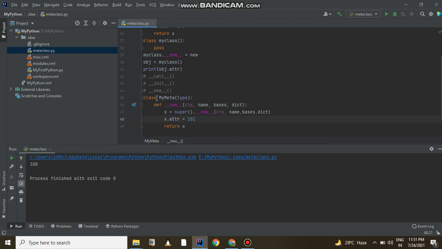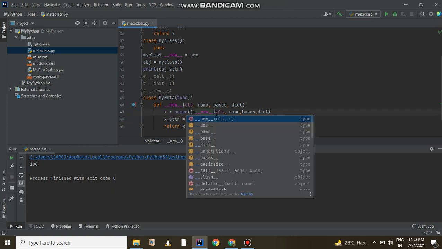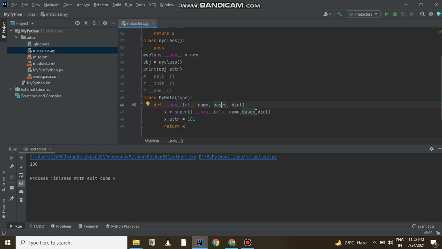So now we are able to create a metaclass which inherits all the properties of type, and we are adding one extra attribute 101 with x dot attr. Here actually the class is created in this line.